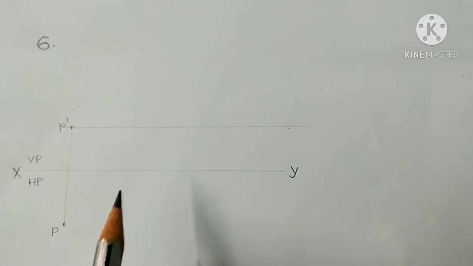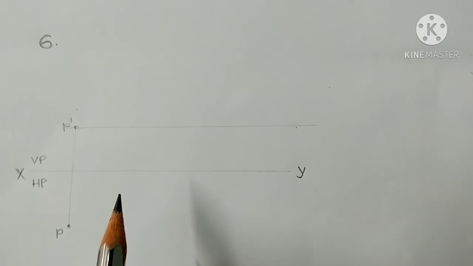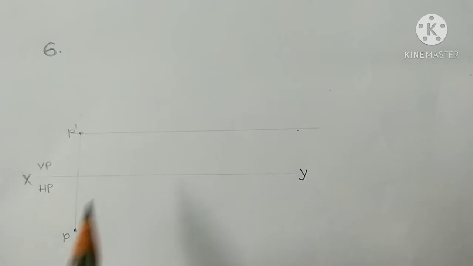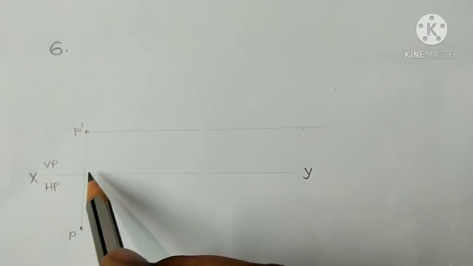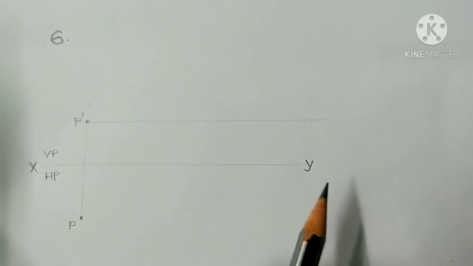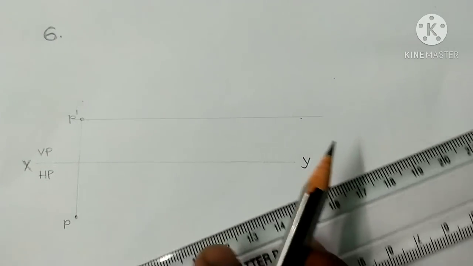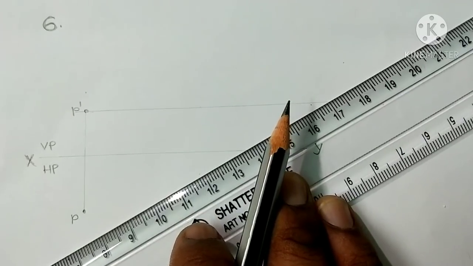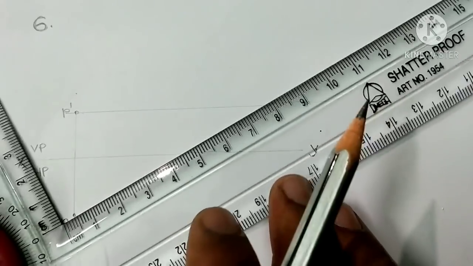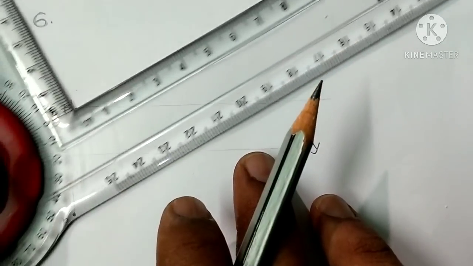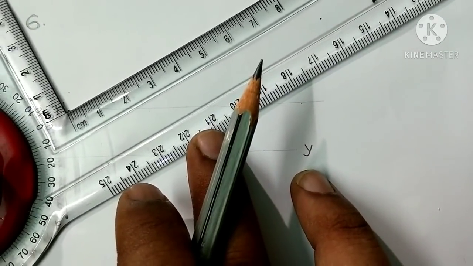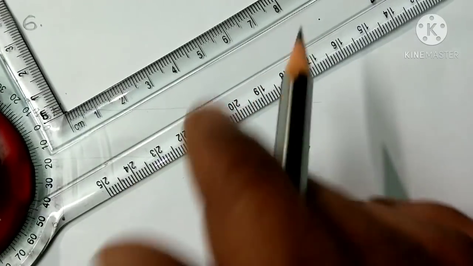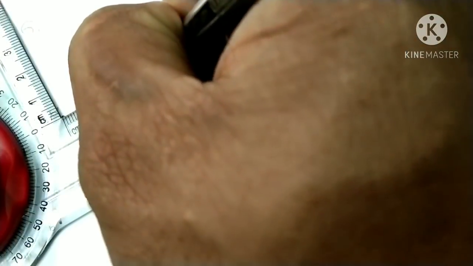And next here we should construct a 30 degrees line inclined to the horizontal plane. Inclined to the horizontal plane means above the reference line we should construct it from P dash. So that is the 30 degrees inclined line. You can use a normal protractor. Protractor is not available, that is why I am constructing with the help of a drafter. The length of the line is 40 mm. So I can construct a 40 mm line with an HB pencil.